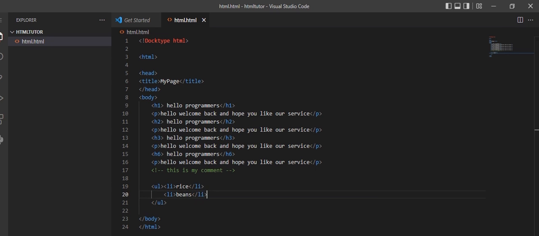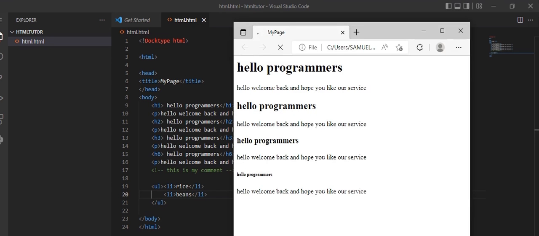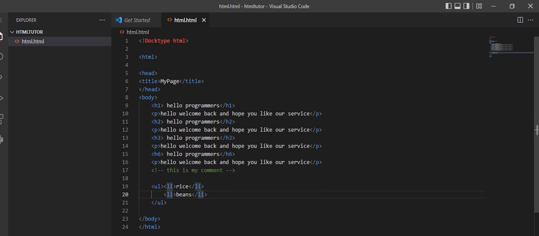So if I come to my browser now and update it, I have rice and beans. What I mean by the identity is this follows the underscore list automatically, but actually I want to